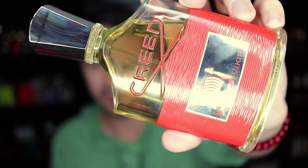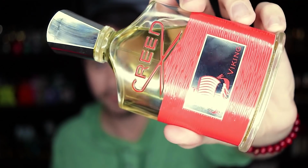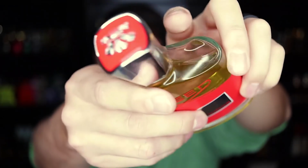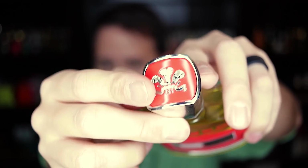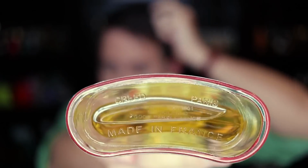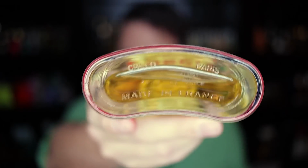In case you couldn't make it out too clearly there, the batch code here is 18B as in boy 01. So this bottle of Creed Viking is from 2018. And here's a good look at the bottle for Creed Viking, which personally I think looks really, really nice. On the top of the cap, you have your Creed crest. Here's a quick look at the back of the bottle and a quick look at the bottom of the bottle as well. And this particular bottle actually has the batch code etched into the bottom of the bottle right here,